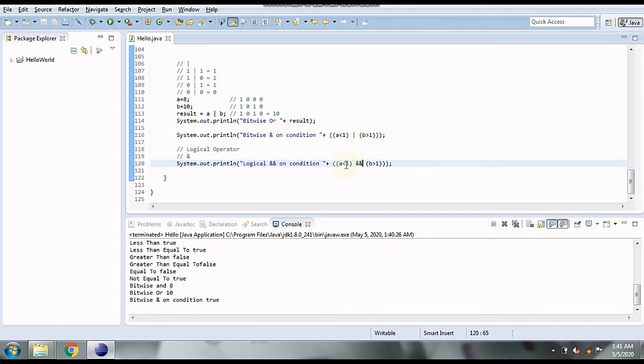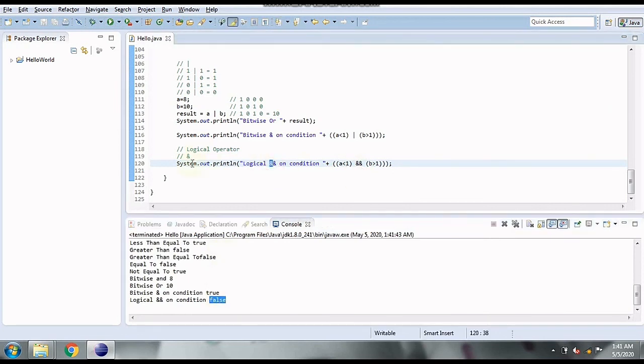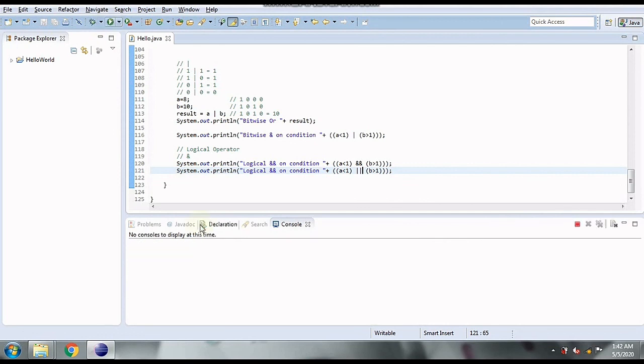So A less than 1 and B greater than 1 is going to evaluate to false. And for OR, it is going to evaluate to true.